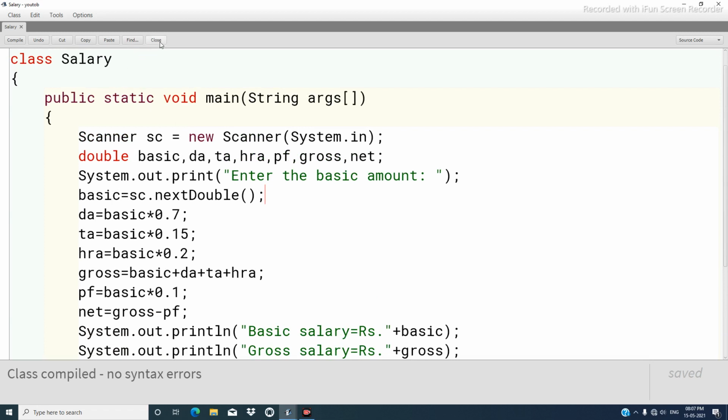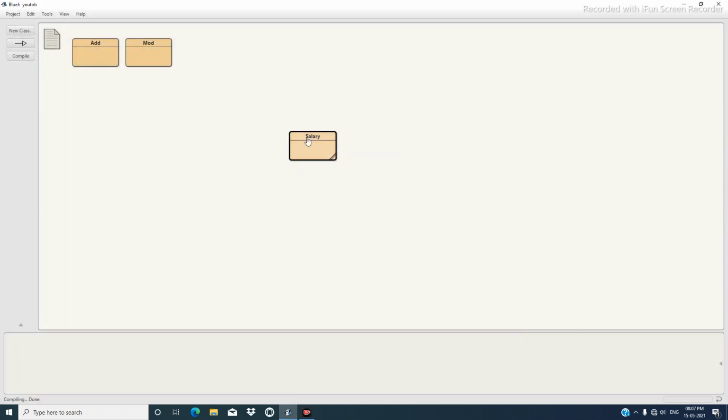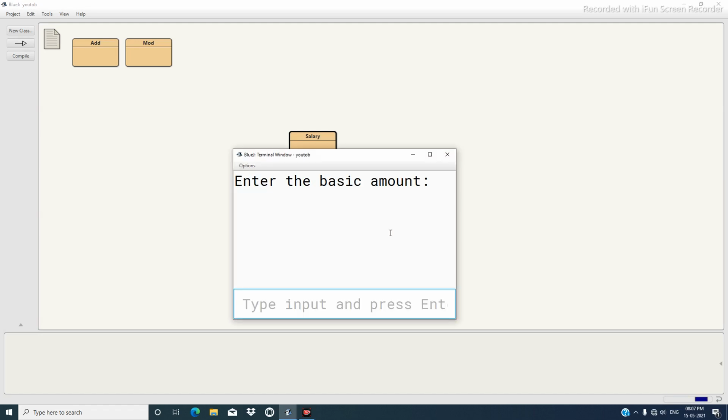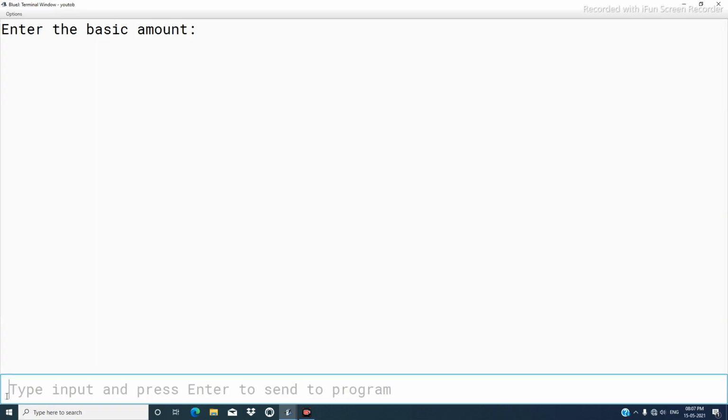Now we close the class salary. You see the stripes are removed. Now you right click on this and you can see the void main method over here. You click on that. It is asking for the command line interface, but we are not taking this input into method. So we click OK. So the main method starts, and here at the bottom you will have to write the input for the basic amount.